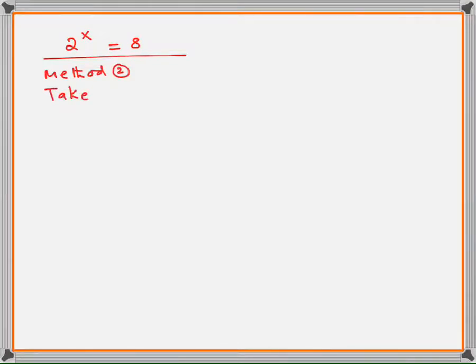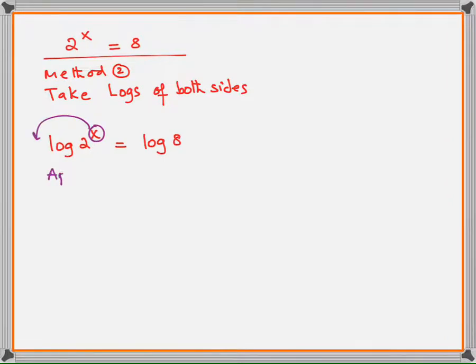If I use the term log, that means I am talking about log to the base 10. So if I take log to the base 10, what will happen? Log 2 to the power x is log 8. I'm taking log of both sides. When I take log of both sides, when I apply the third rule of log, what happens? The power comes down and multiplies. x log 2 is log 8.